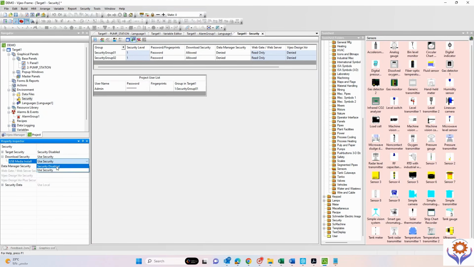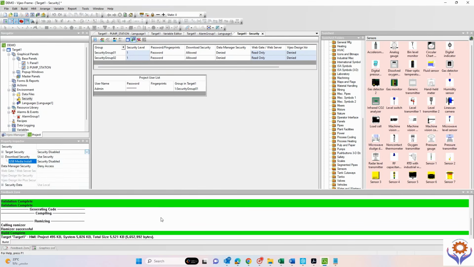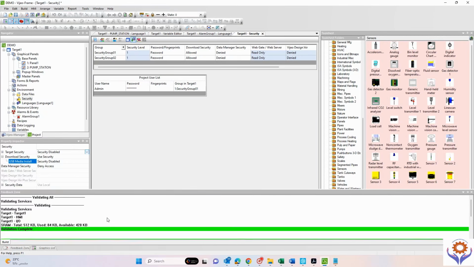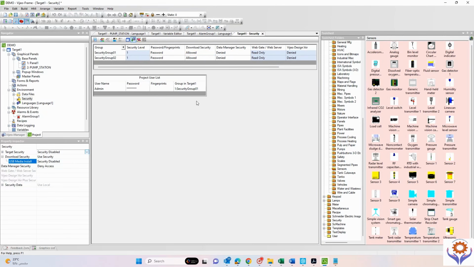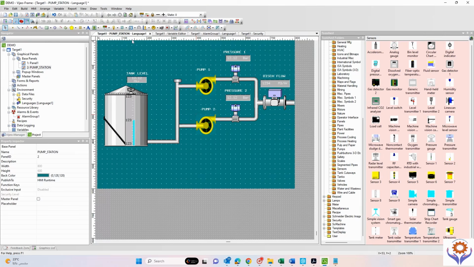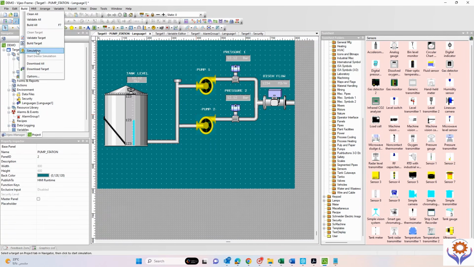See here, I will just give build. See now it's become green, and there is no warning or error because I use the download security as use security. And now this is okay for us now. So this is the overview of how we added the screens, how you enable the securities, and how we configured the